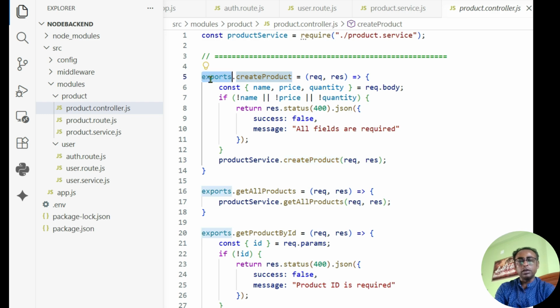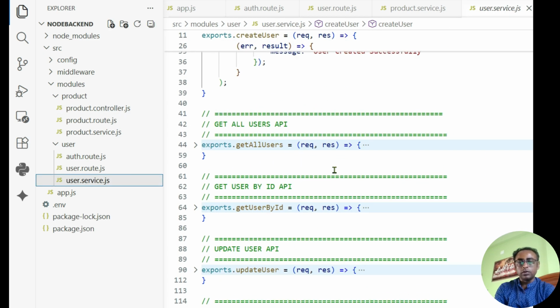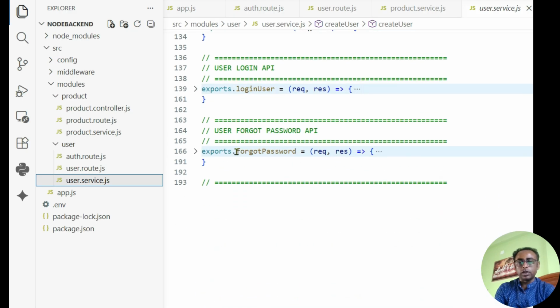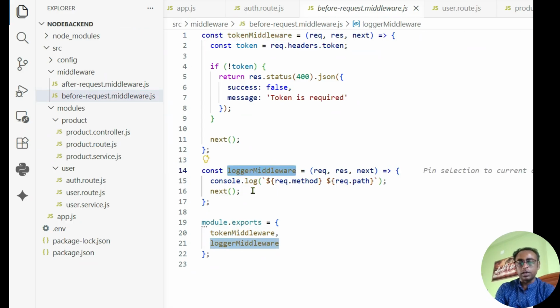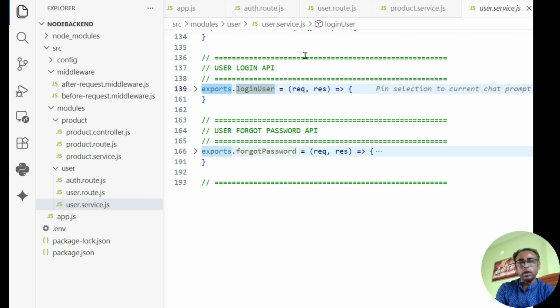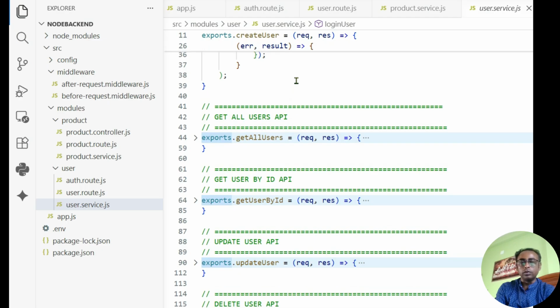And here you can see we are not exporting at the end. In the user service, we can see we have exported all the functions directly inline. But in the before request middleware, we are declaring the function first and then exporting using module.exports. Both are correct ways. You can use this way as well. So I have written two types of export to make it clear how the